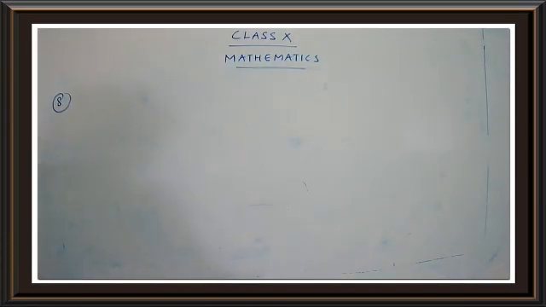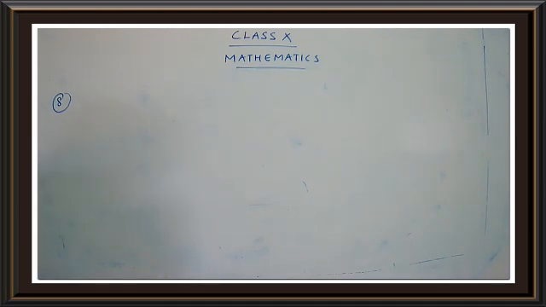Write down the question. In triangle ABC, AD is the bisector of angle A meeting side BC at D. If AB is 10 centimeter, AC is 14 centimeter, and BC is 6 centimeter, find BD and DC. These are all the important questions. We may have such type of questions for 2 marks. Okay, children? So these are 2-mark questions.